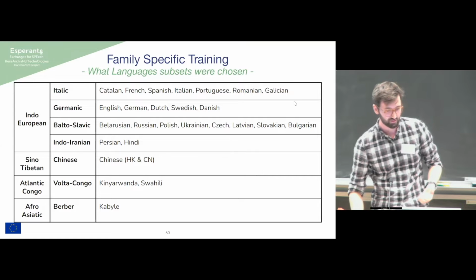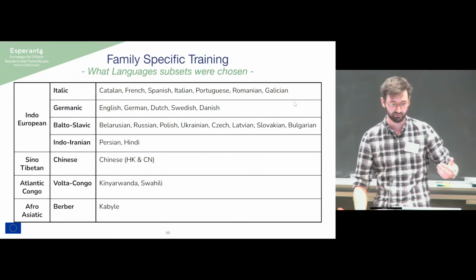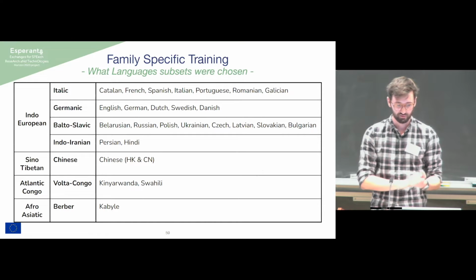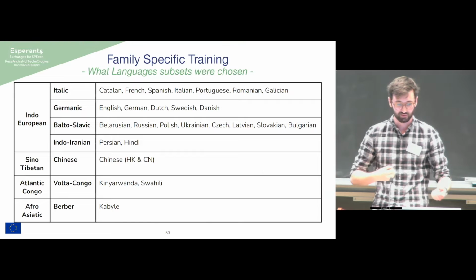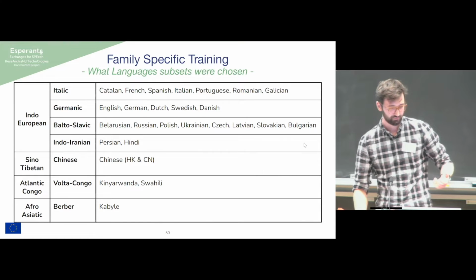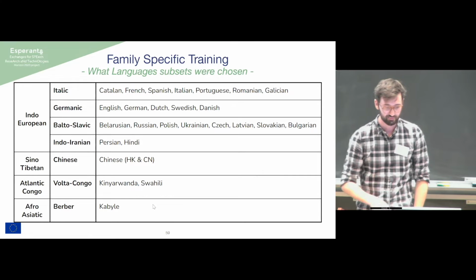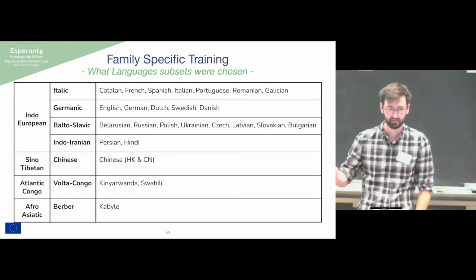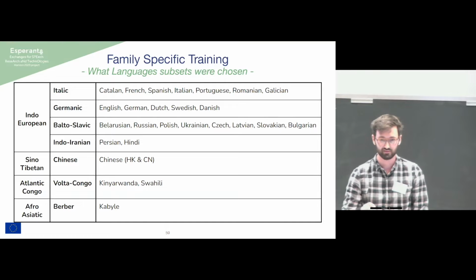So what are those languages? We selected some subfamilies. We have four Indo-European families: Italic, Germanic, Balto-Slavic, and Indo-Iranian. We also took some subfamilies from different language families to see if we could get better performance. You can see at the end the Afro-Asiatic one, which contains only one language, because that was the only Berber language we had, and Tamashek is also Berber. We want, at the end, to be able to perform some tasks on Tamashek, so we trained one model especially on KB.